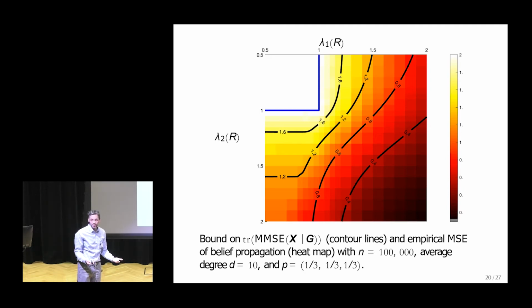So a limitation of belief propagation is that it doesn't work well with large average degrees. So it's actually a degree equals 10, even though our theory says D has to go to infinity, but it gives a good qualitative description. And we see this square here, this one, this is this special threshold where certain algorithms are known to work well once you're outside of the square.